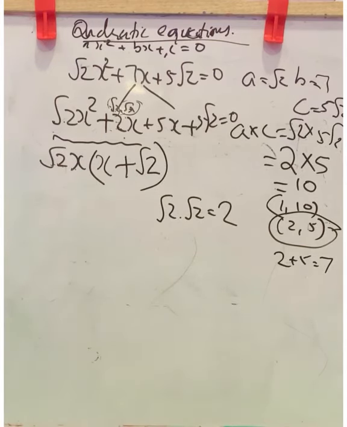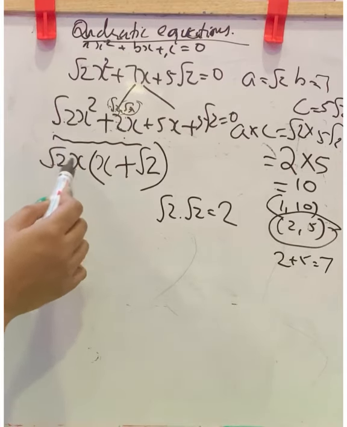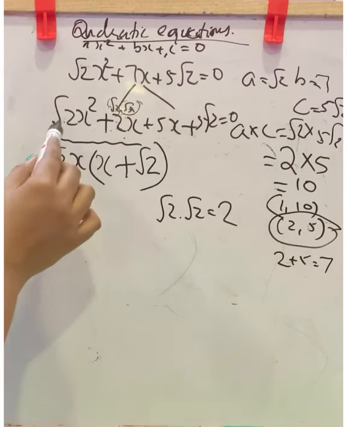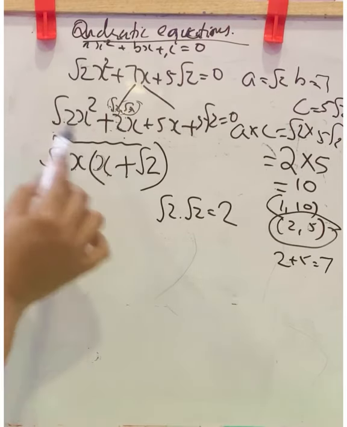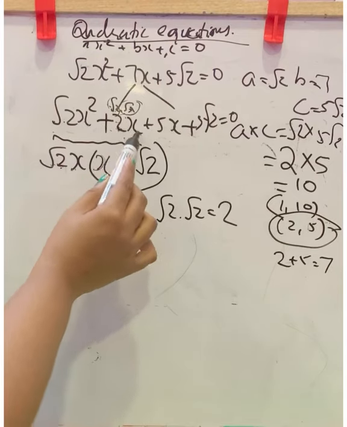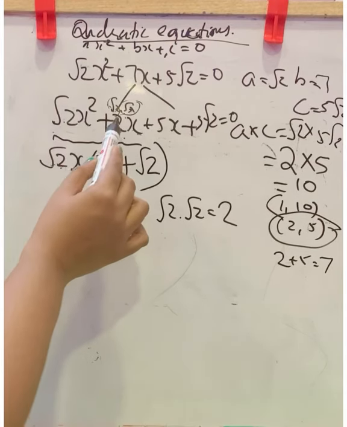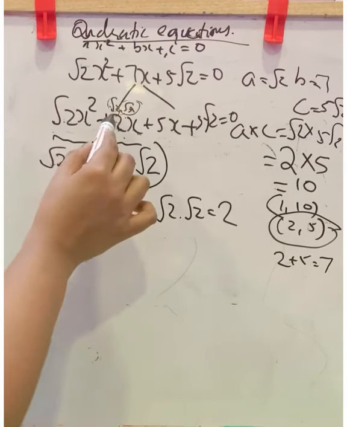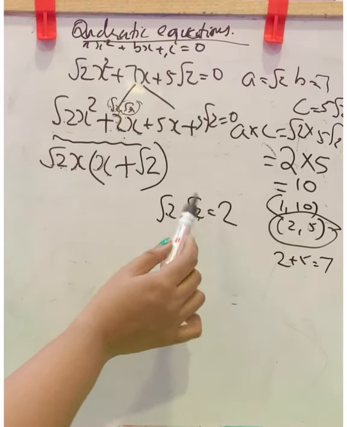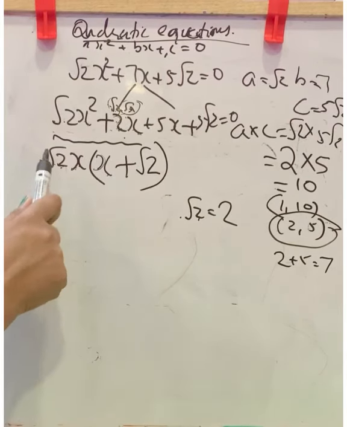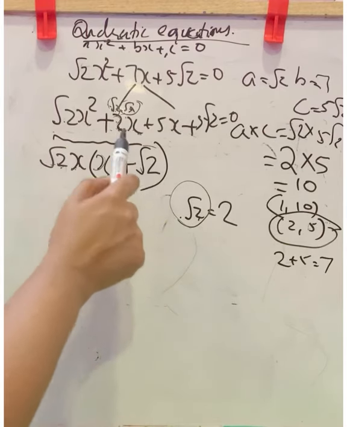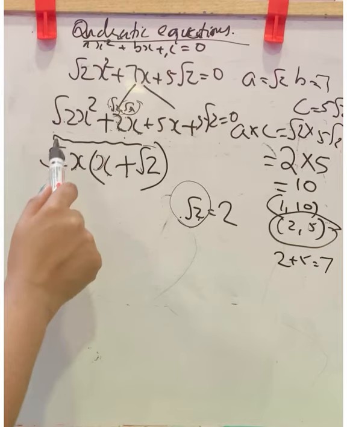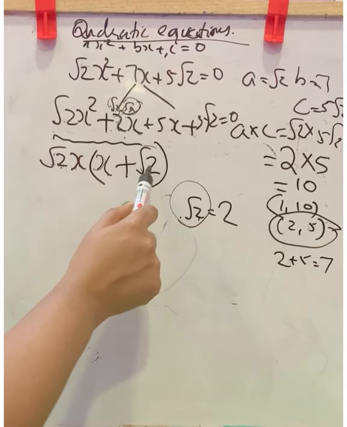I will repeat it once more. Here we have two terms. From that we are taking root 2x outside. Here when root 2x is taken, 1x will be left here. Here it is 2x. From that x is taken and one root 2 is taken. Actually 2 is root 2 into root 2. From that root 2 is taken outside. Left will be root 2. That is why I write here root 2. From this 2, root 2 is taken. Balance is 1 root 2.